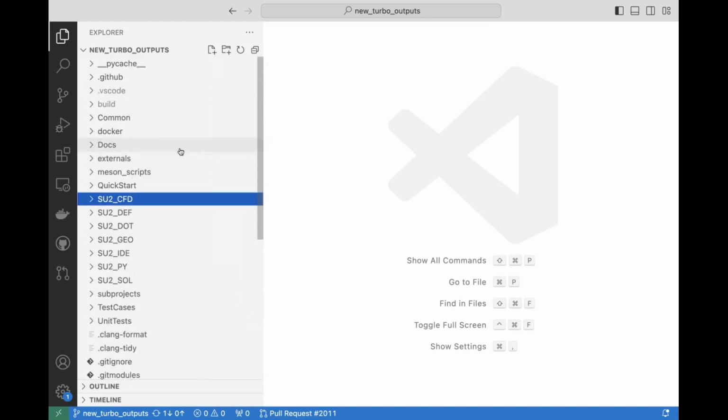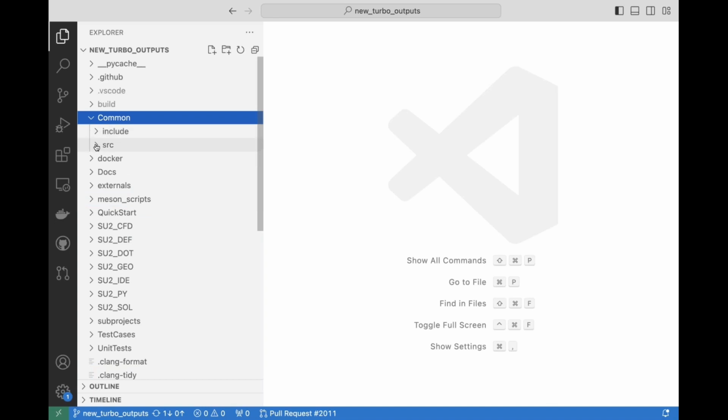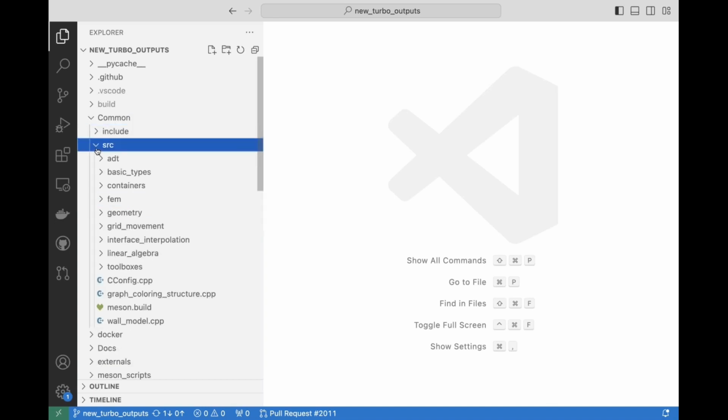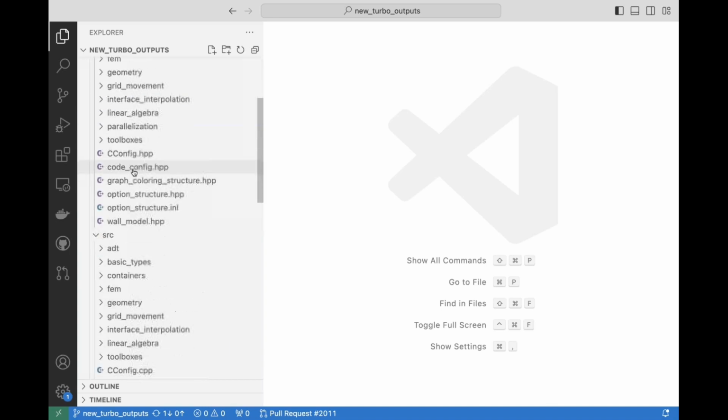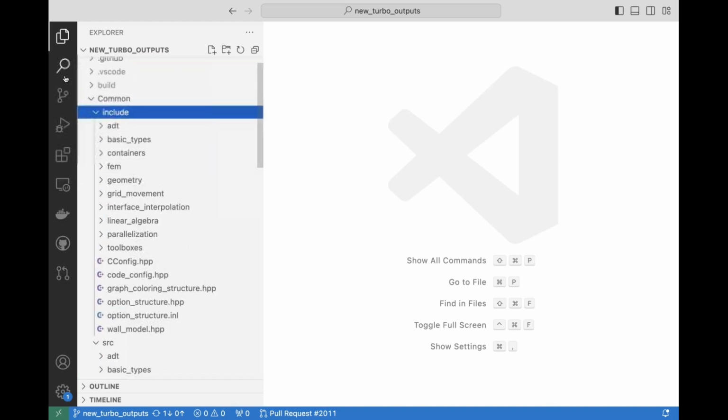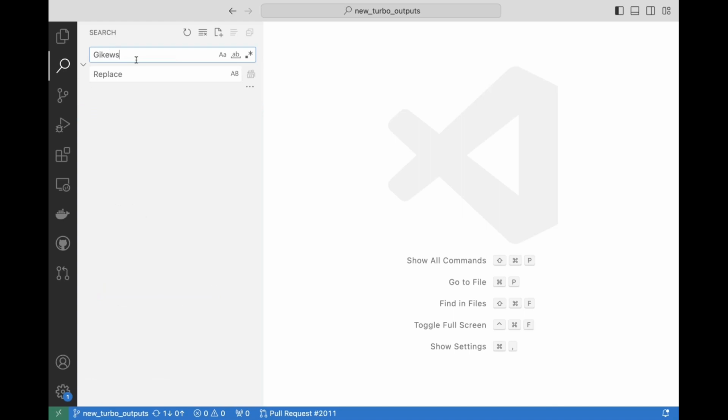So first things first, like one of the comments we said yesterday, the first time you look at this, it can be very, very daunting. So luckily, we already know where we want to go. We want to look in a config file. We can either go straight into our config here and have a look and see where things are, or what I like to do is if I know that I'm modifying something, like say the Giles map, I can just search